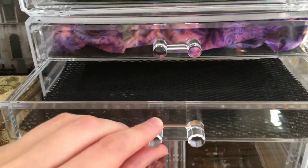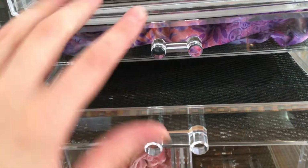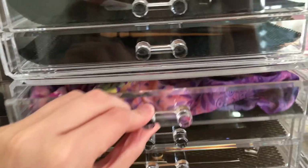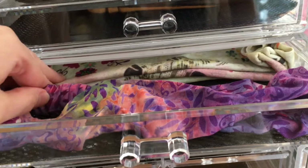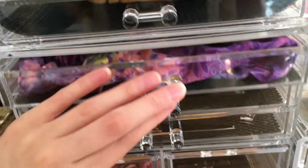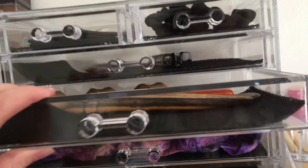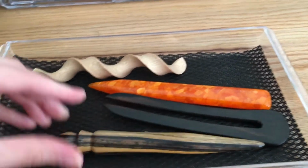This drawer is a surprise. No, this one is going to have a hairbrush in it that I've just ordered and is on the way. And here we have our large cloth headbands, which I don't use too much anyway, except for maybe working out. Moving on up, and here we have one of the most important drawers, which is my hair sticks, which a